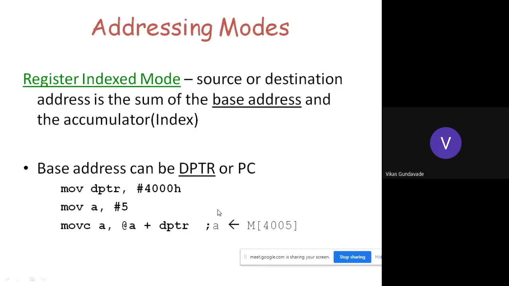Okay. So any lookup table or any database which is available in the program memory or data memory will be directly accessed into the accumulator without using any register or memory location. So it is called the indexed addressing mode. For the sake of simplicity, always keep in mind that the indexed addressing mode is used for accessing lookup tables or a database which is available either in internal memory or external memory. Okay, everybody understood it?